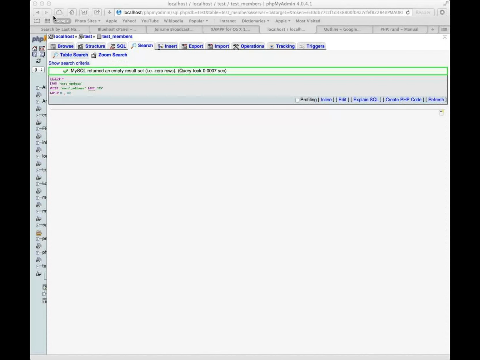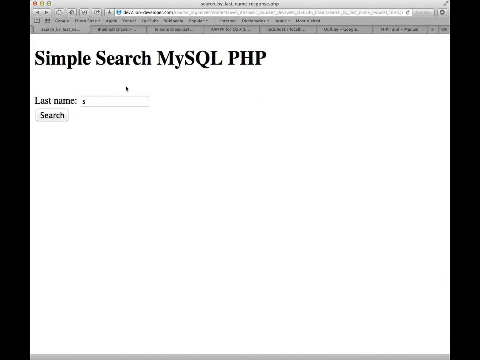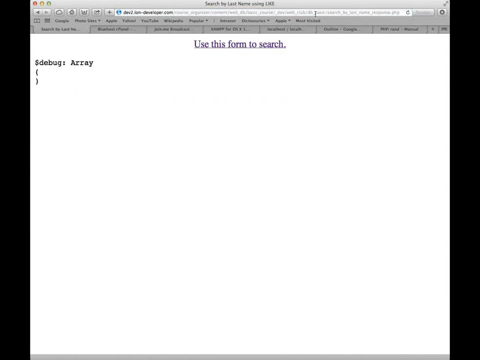Probably a little overkill for this course in the way it was designed, but nevertheless it does demonstrate something really good. So this is the actual using of the form. If I put in here something like this, it'll probably search, comes back with no record. And there's the flex statement. Now, if I just hit return on that